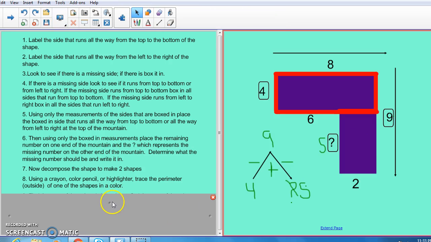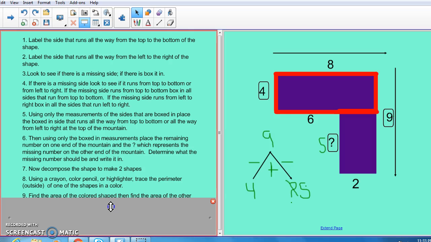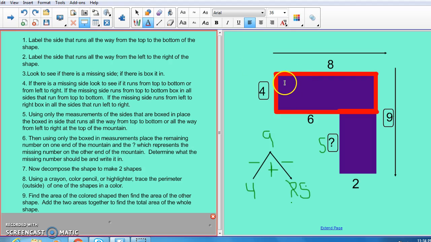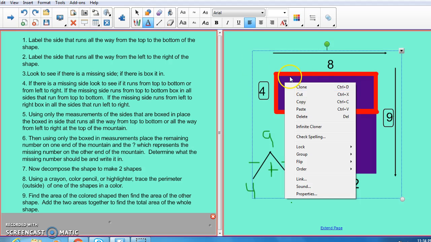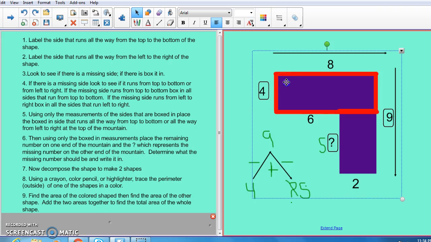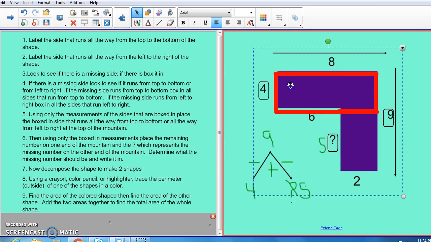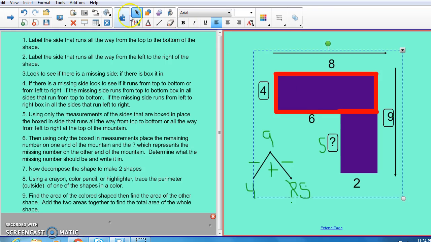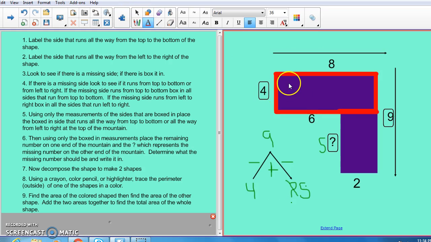And so then we're going to move into just normal finding the area of a rectilinear shape. All right, the first thing we're going to do now, or the next thing we're going to do, is find the area of the colored shape. Okay, that's the first thing it tells us to do. So we're going to take that piece by piece. And that's pretty easy for us because we know that in order to find the area,